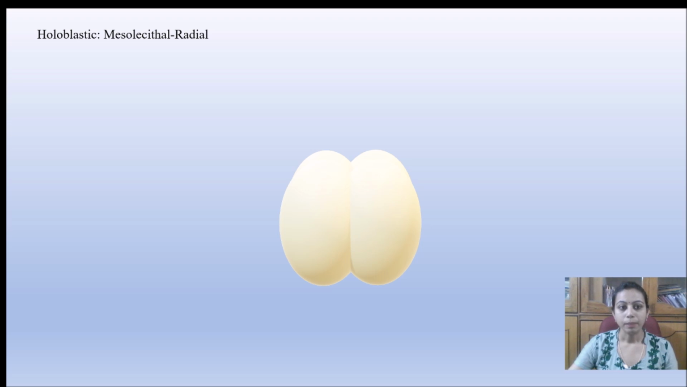Next comes the mesolecithal type. This is also a type of holoblastic cleavage, but it is a mesolecithal type of cleavage. What does that mean, mesolecithal? Here we know that cells having yolk, and the presence of yolk, prevent the cleavage from taking place at that place. So because of the presence of yolk at one side,